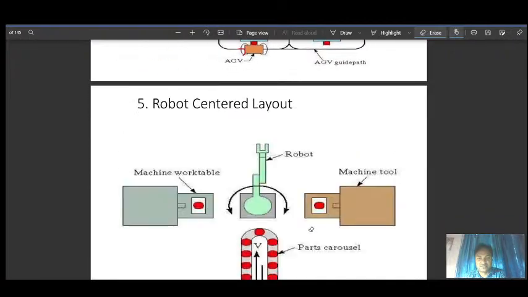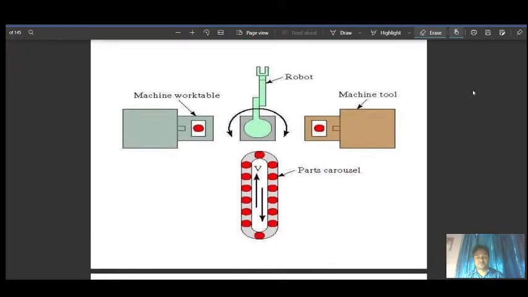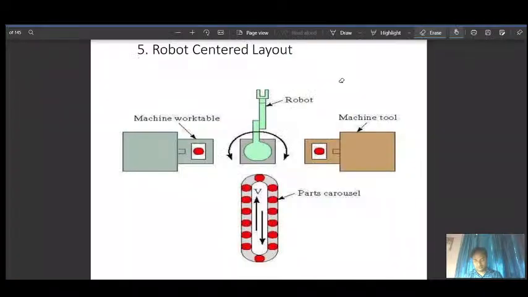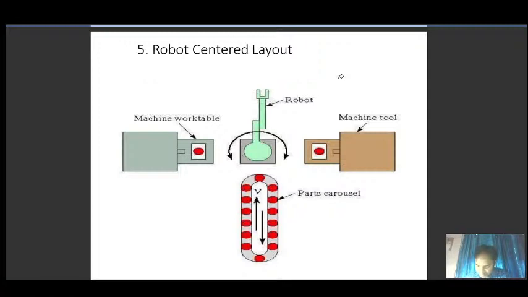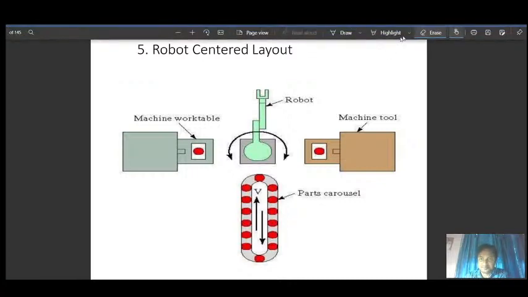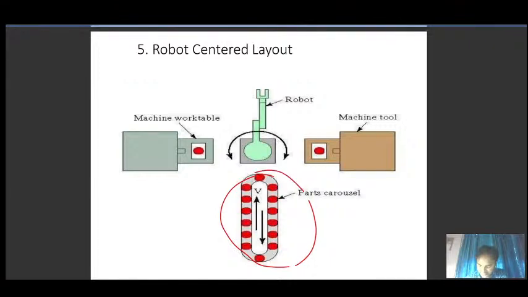And the last one is robotic center layout. So we have eliminated the robot, everything with the help of a robot. On this belt we will have the parts, and here a machining work table or machining center.